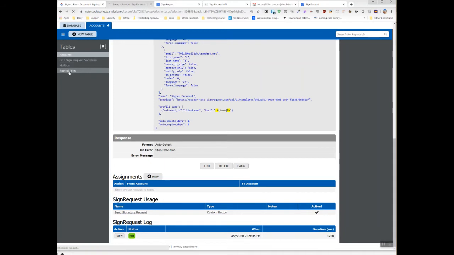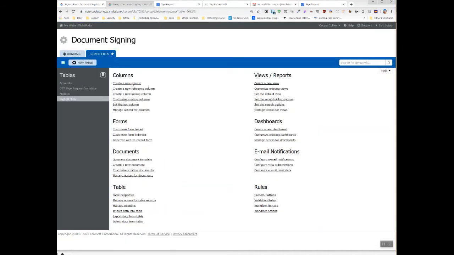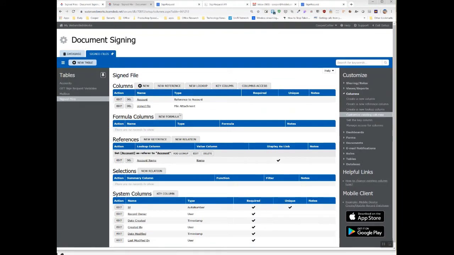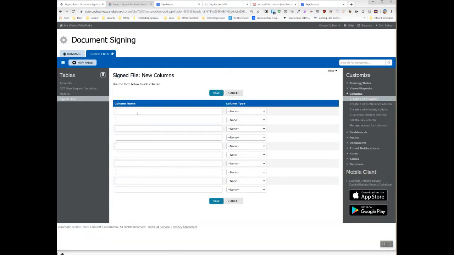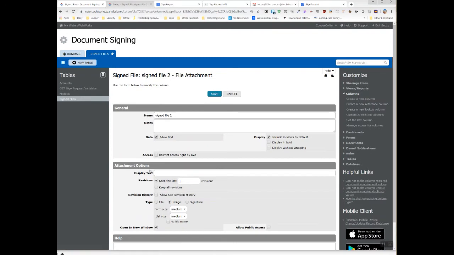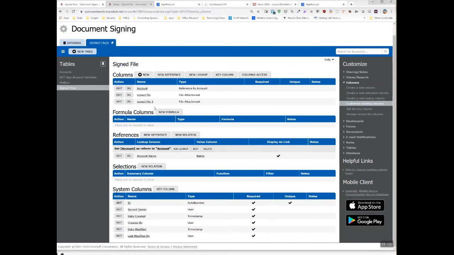We're going to go to the signed files because what we really need is two file attachments. So we're going to make another one called sign file 2. Make that a file attachment as well. So that's how we're going to capture the files. Okay, now the reason I name these this way is when we go and look at